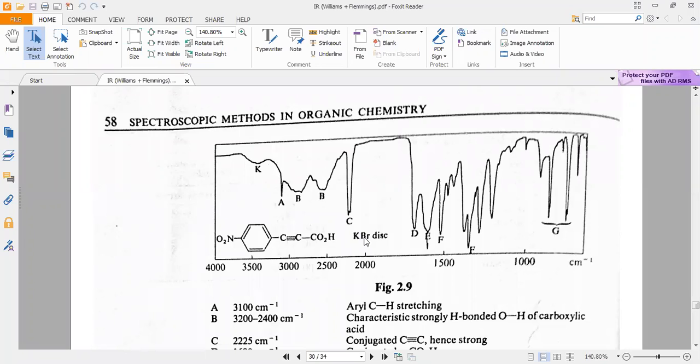This disc contains potassium bromide and our organic molecule. When IR radiation passes through this disc, potassium bromide shows no absorbance, but our molecule shows absorbance. So this is how we get a good spectrum in KBr. This is why it is called a KBr disk. So not only in solution phase, we can also carry this out in a KBr disk normally. But KBr is not 100% anhydrous some of the time. It contains some water. So these signals are coming from hydrogen bonded water inside the KBr. Most of the time we get these signals.